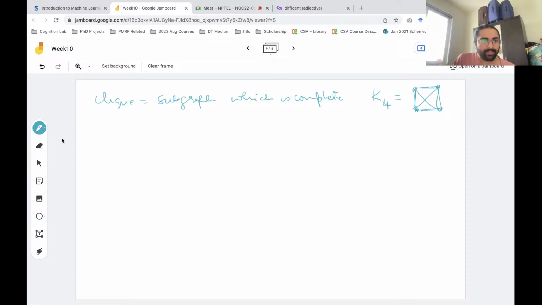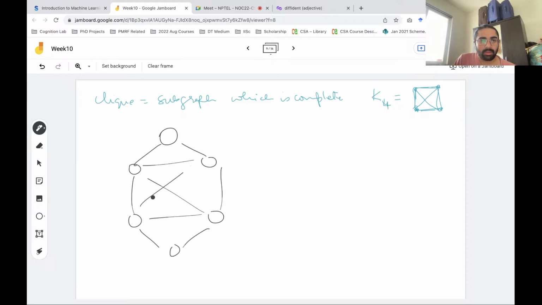So what I'm saying now is, let's say I have this, right? So the idea is that you want to see, let's say this node E, what is the maximal clique that it can belong to? Okay, so maximal clique in the sense,